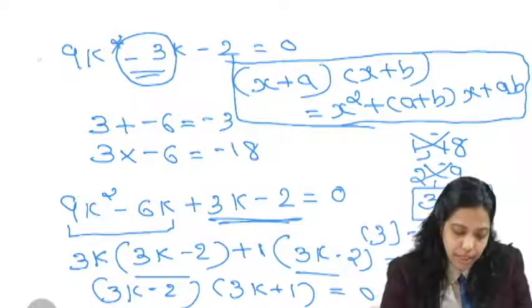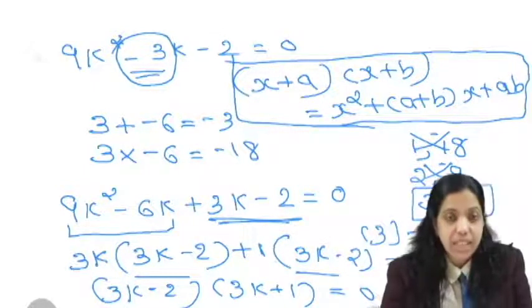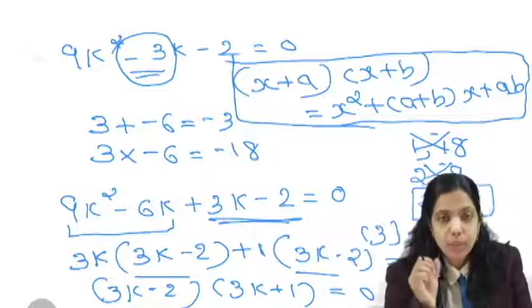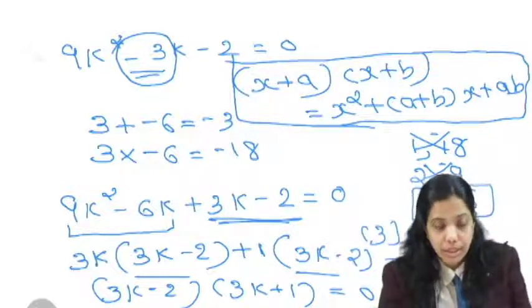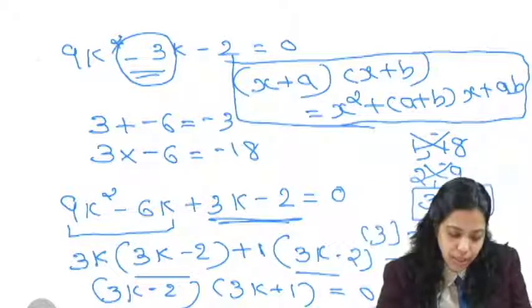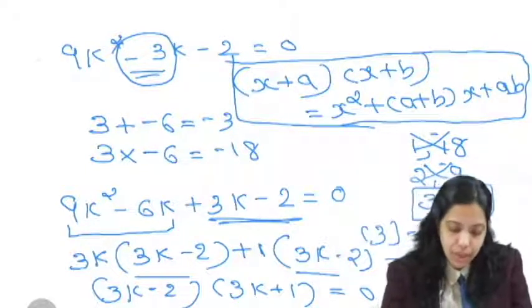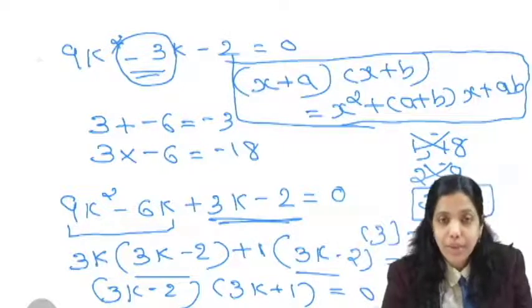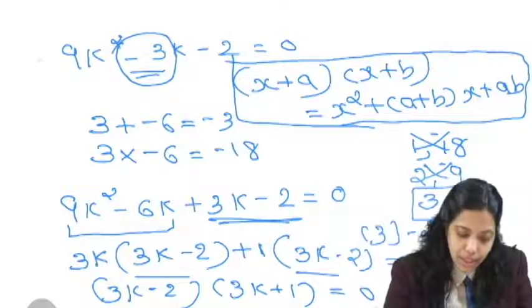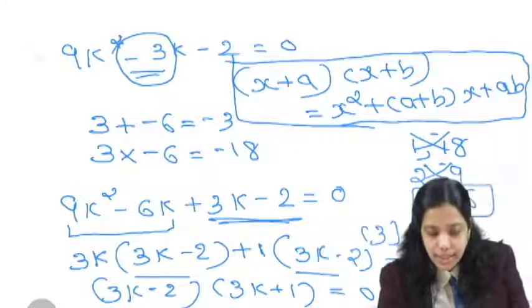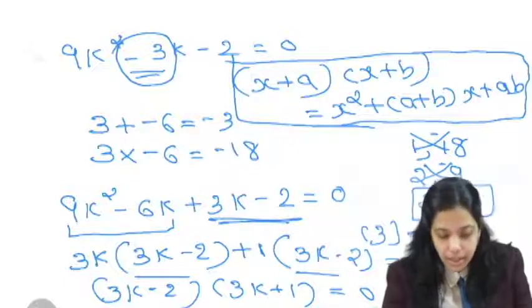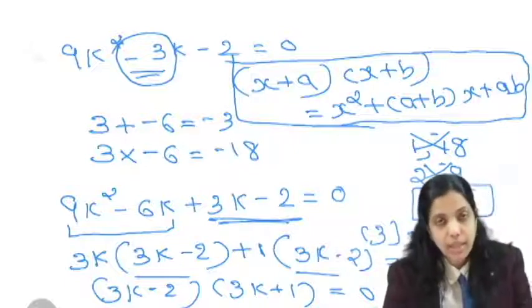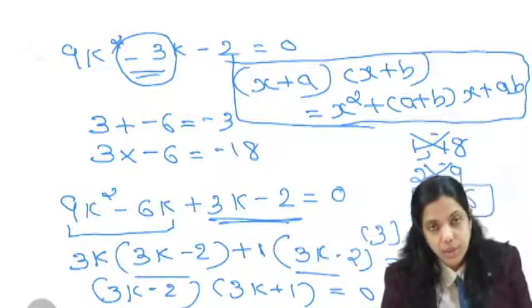At the same time, here the middle term is negative 3. So if you are adding those two factors, that sum should be negative 3. Which number do I have to give the negative sign? Since the middle term is negative 3, definitely I have to give the greater factor the negative sign. So let me give the negative sign for 18, 9 and 6. So 1 times minus 18, the product is minus 18, no doubt. 2 into minus 9 also minus 18. 3 into minus 6 also we are getting minus 18.